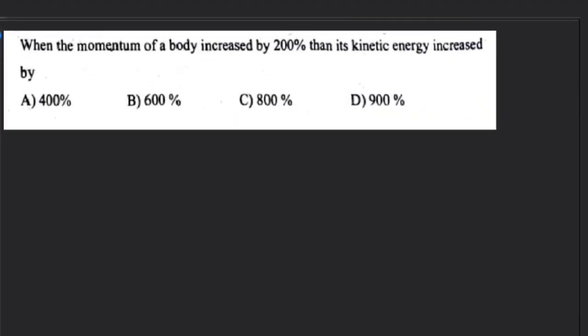Next one, when the momentum of a body is increased by 200%, then its kinetic energy will be increased by what? You know the relation between this kinetic energy and this potential. You could say this kinetic energy will be equal to P square by 2m, right? P square by 2m. Now when the momentum of a body is increased by 200%, nothing but it is increased by 2, nothing but the total will be equal to what, 3. So you know this kinetic energy is directly proportional to P square. Now you could say kinetic energy final by kinetic energy initial, right, will be equal to